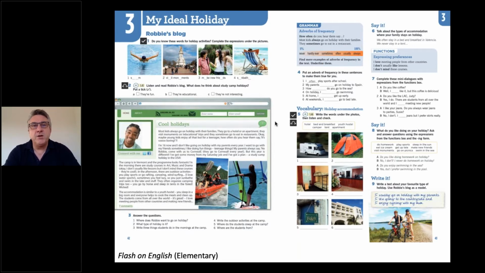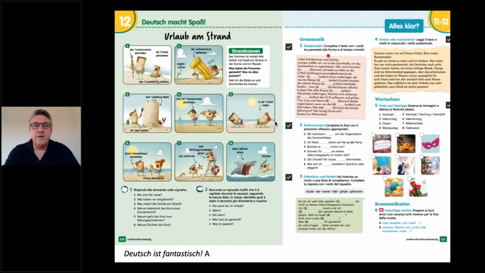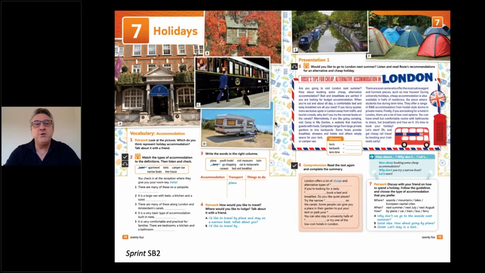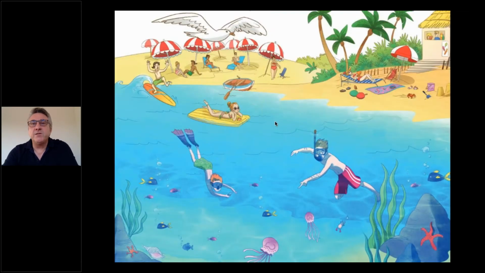So let me just quickly go back. That's how they feel. Now imagine that actually, Urlaub am Strand, that in German, that means holiday by the beach or holiday on the beach, okay? And you probably would have guessed from the pictures, but nothing else. So what I would do there, in fact, these picture dictionaries from Ellie are in German and Italian and Spanish. So if you do teach other languages, it's not just for English. But what I would do, I would start with this.